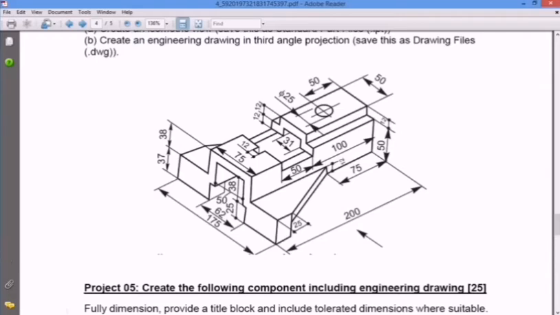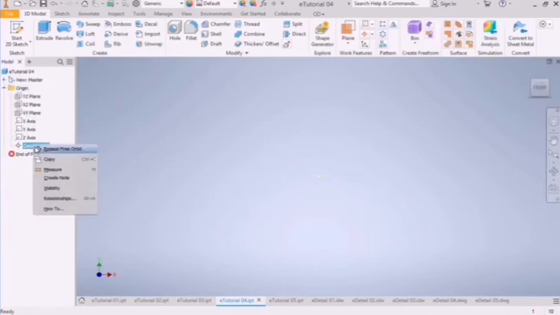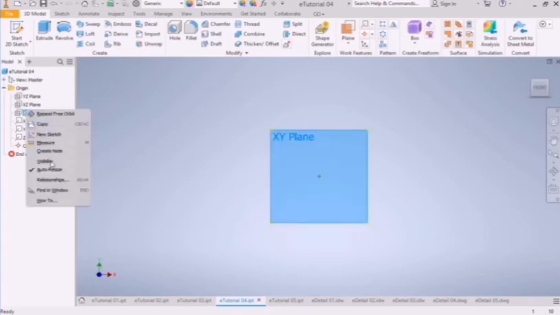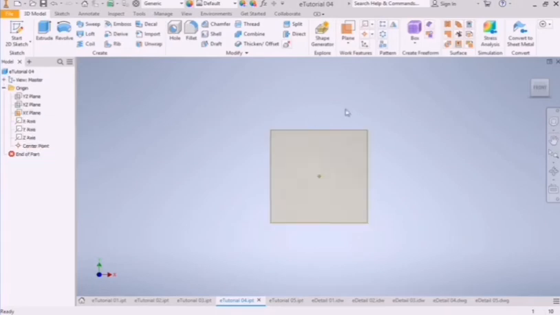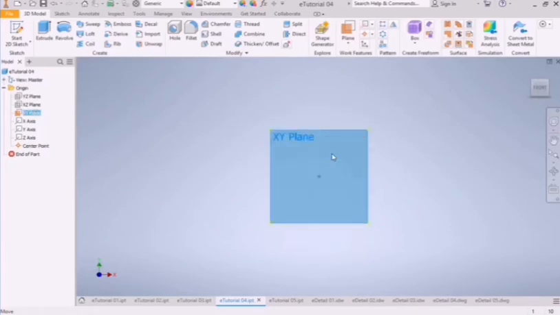Let's start. First things first, activate the visibility, activate the XY plane, right click, new sketch,